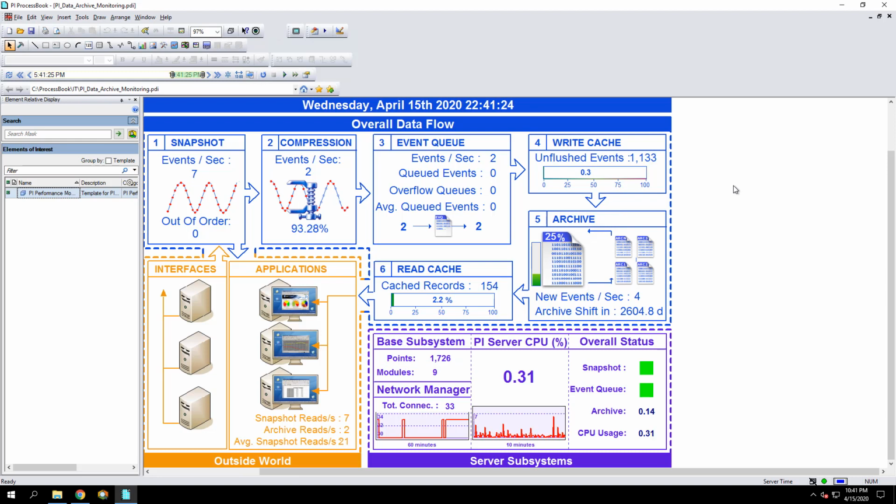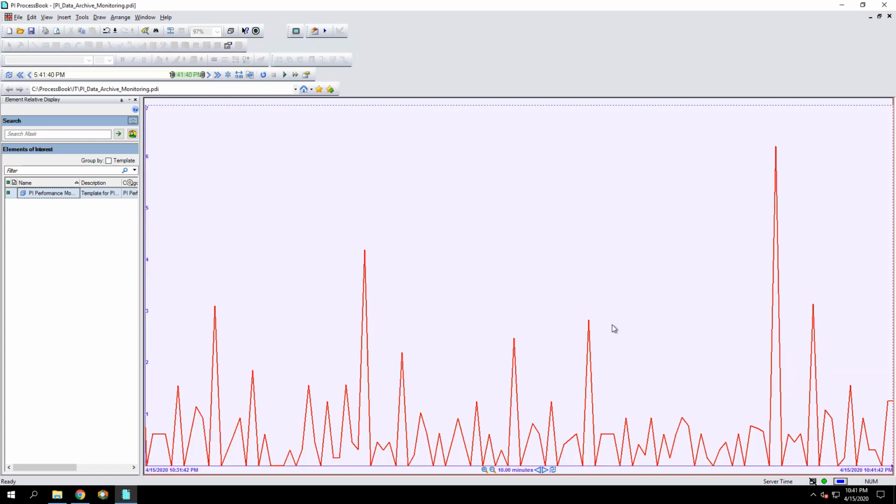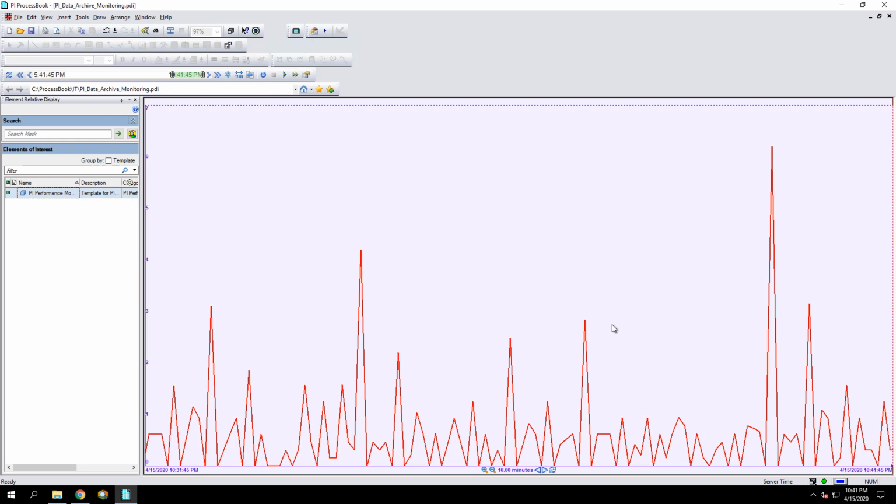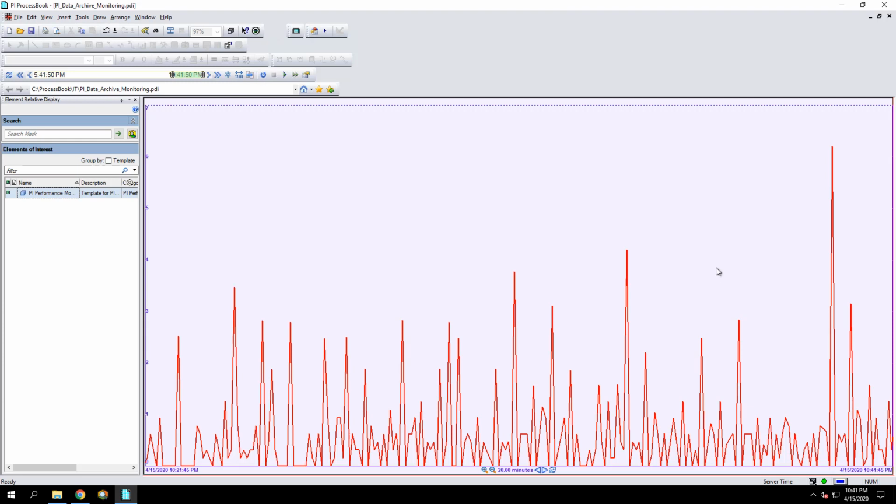The approximate peak of the PyServer CPU over the last 20 minutes will be in the middle of the purple area of the display. We have the current value and a trend of the last 10 minutes of the CPU usage. I'll double-click the trend to expand it to full screen. Since our time range is 10 minutes, I'll use the minus button to expand it to 20 minutes. Here, I can see the peak is about 6%. I can also pull out a trend cursor to see the corresponding timestamp of the peak. I'll double-click the trend again to minimize it,